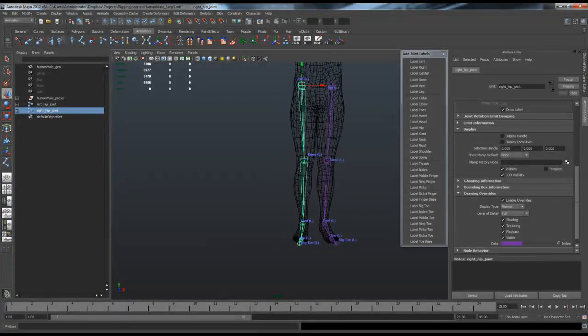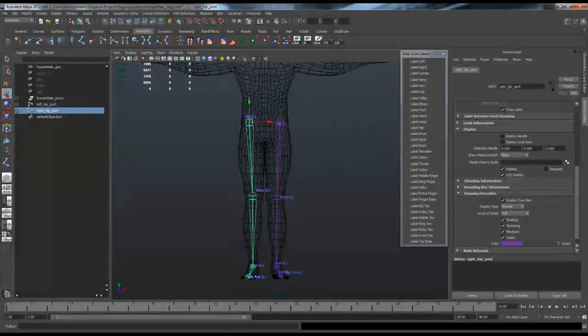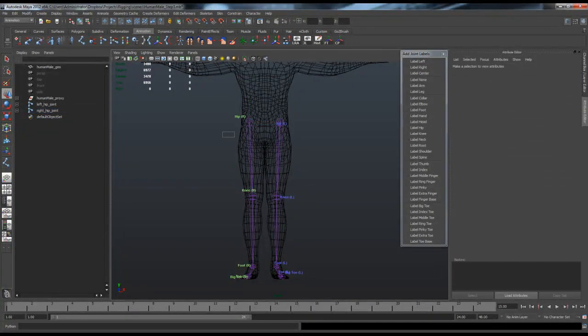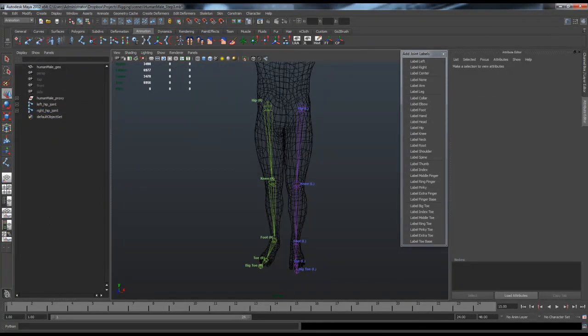So now what we want to do is in our add joint labels menu here, we want to select right, and that's going to convert them all to right. Now if you notice, they're still purple, so just go through to your drawing overrides and change them to the green. Okay, so with that done,